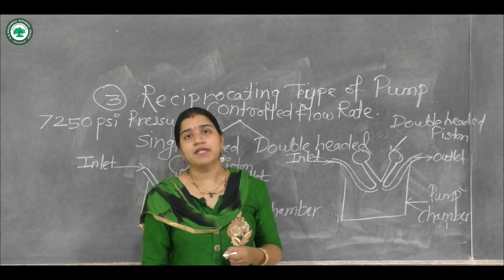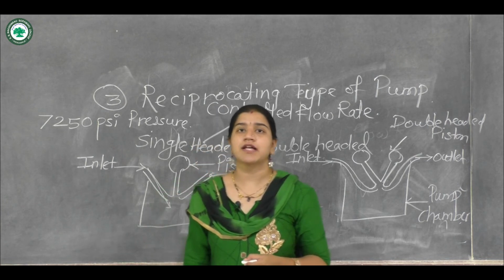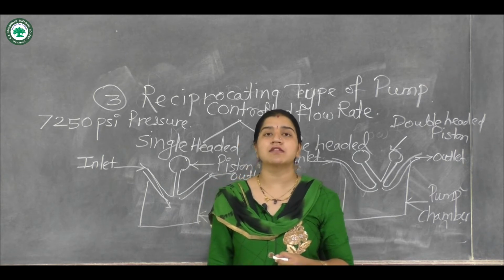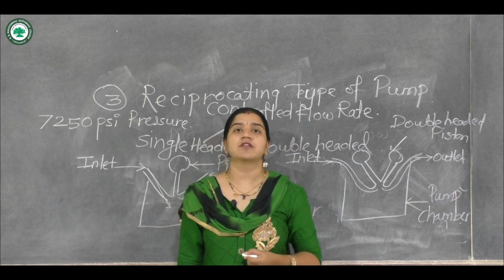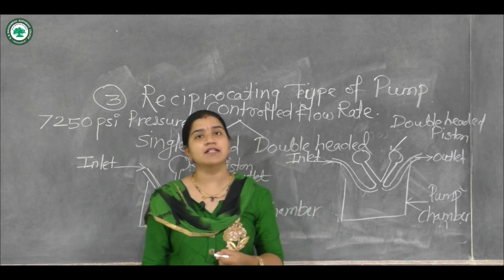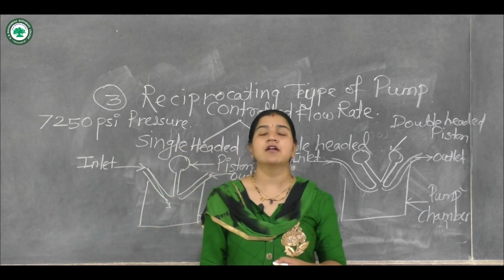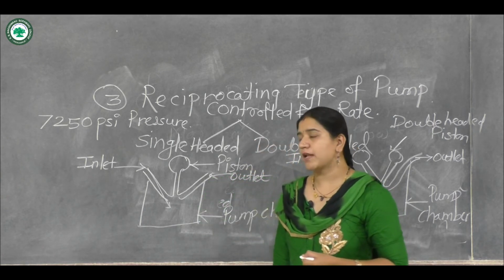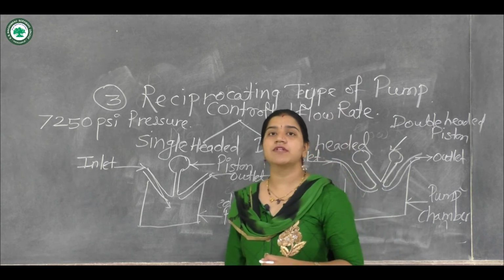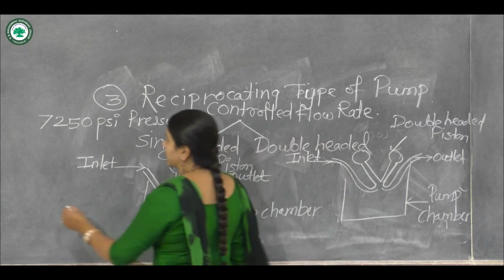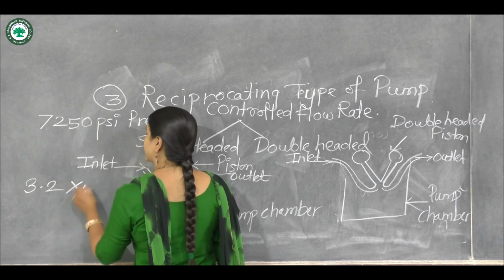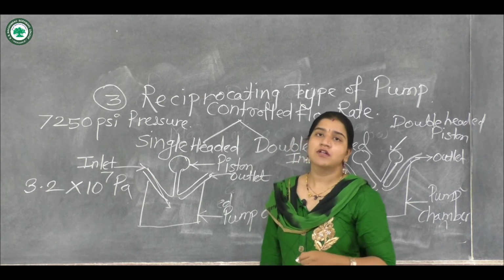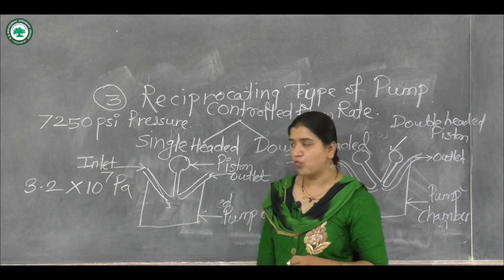Now in a pumping system, what is the most necessary thing? That the pump can withstand high pressure conditions. This is the first prerequisite for operating the pumps, because the whole analysis you are carrying out uses higher pressure. So normally we manufacture pumps which can withstand a pressure range up to 3.2 × 10^7 Pascal. Up to such a high pressure range, normally the pumping system works.